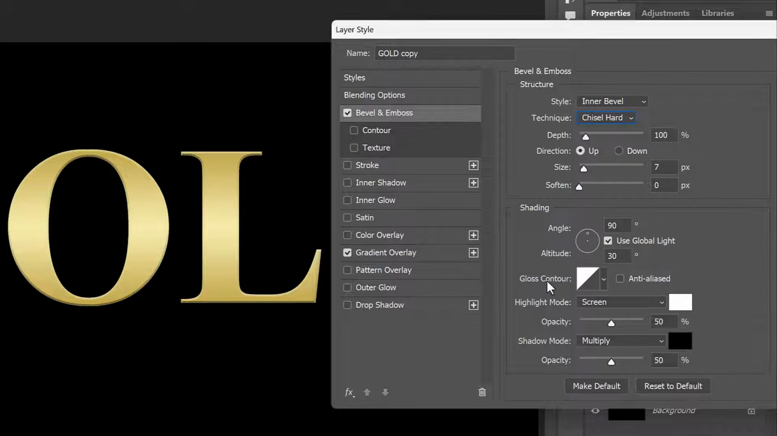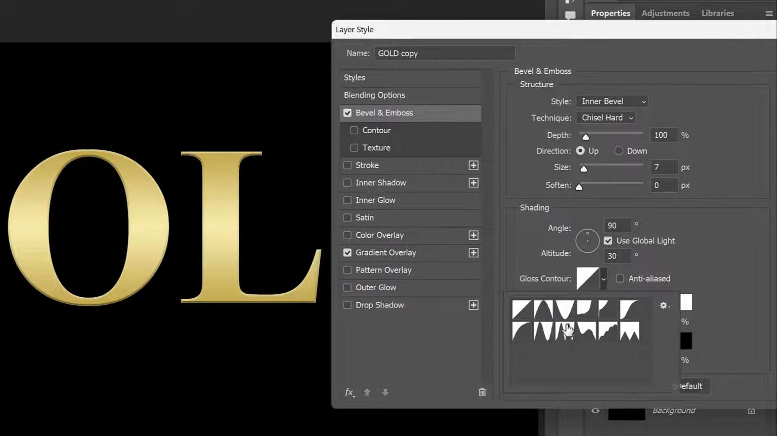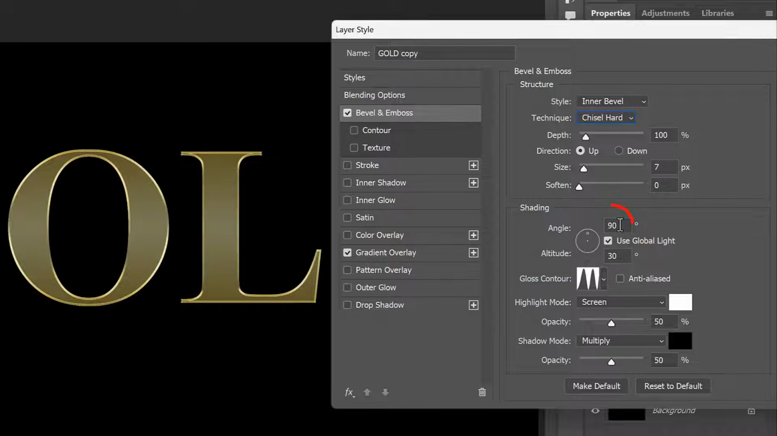Then go down to where it says Gloss Contour, click the small arrow next to the thumbnail, and choose the Ring Double Contour by double-clicking on its thumbnail. Above that, change the angle to 120 degrees and turn on Anti-Aliased to smooth out any jagged edges. And then to add more contrast to the effect, increase the opacity for both the highlight mode and the shadow